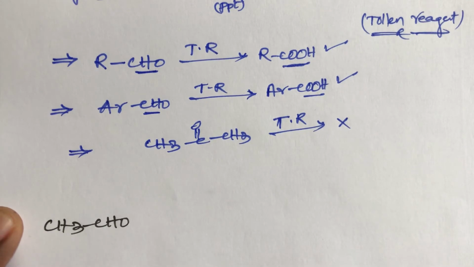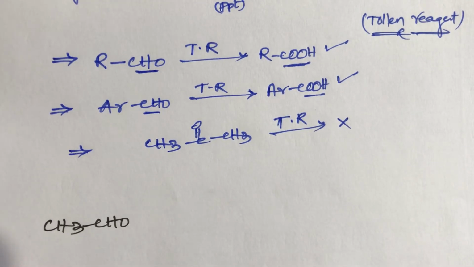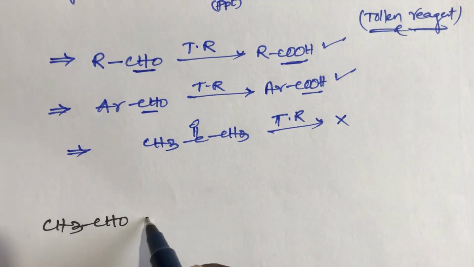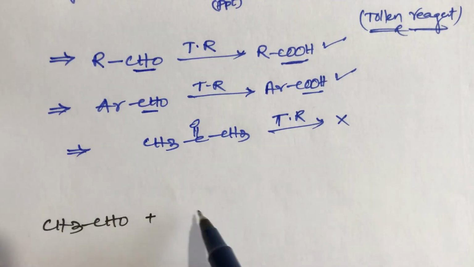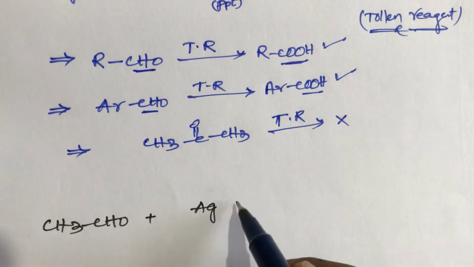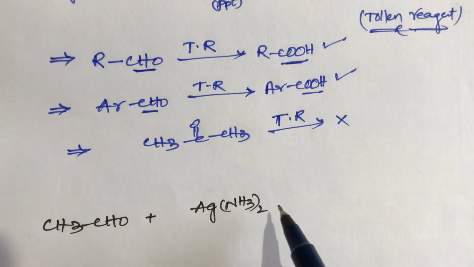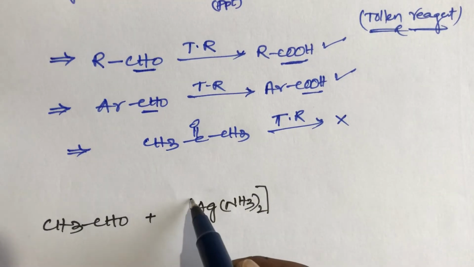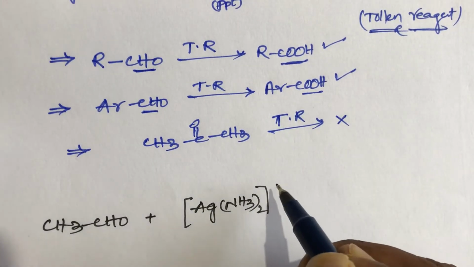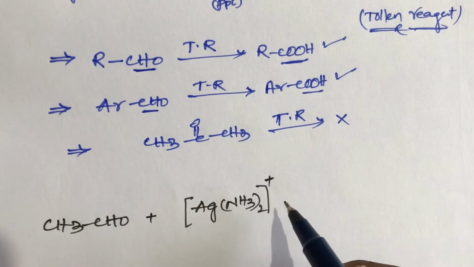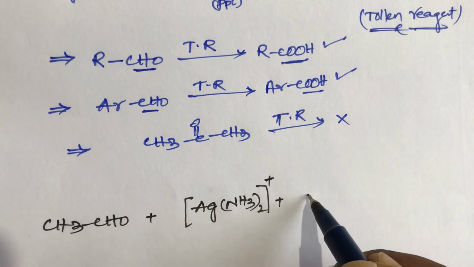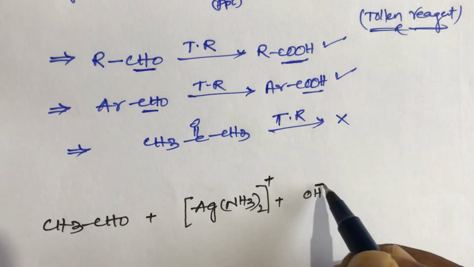When acetaldehyde reacts with Tollens reagent, the first step is Tollens reagent, [Ag(NH3)2]+, in the presence of basic medium, OH minus,